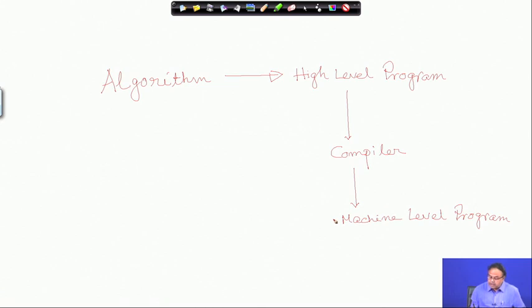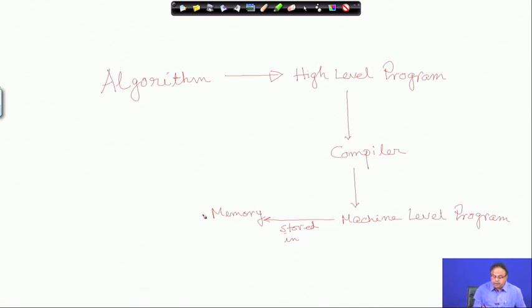Now, this machine level program is stored in the memory of the computer.